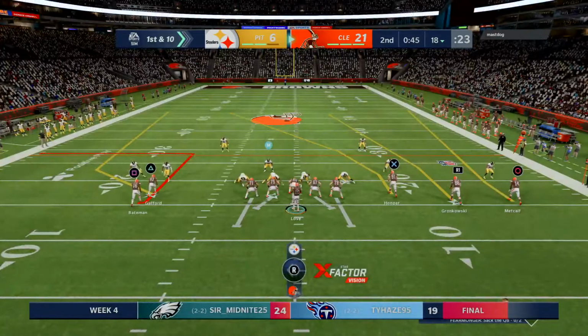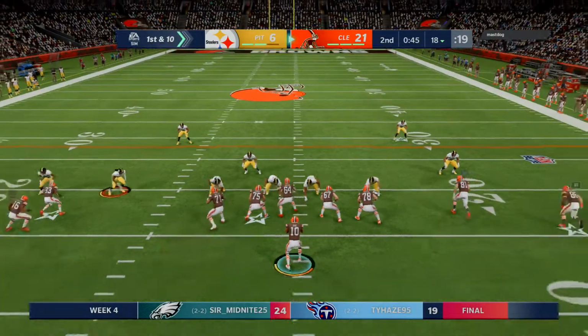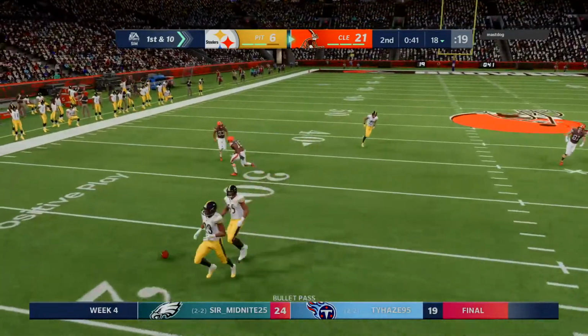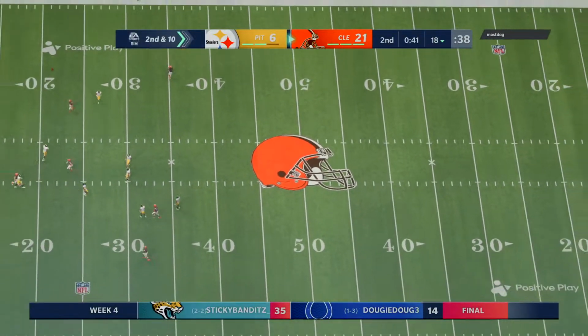The Browns drive about to get started. You've got under a minute to go here until halftime. You've got the good-sized lead. No need to do anything crazy. No, there really is no need to do anything crazy. The smart play, go ahead and take your lead into the locker room and then try to add to it